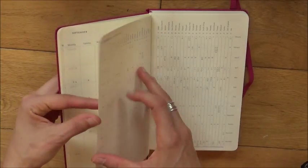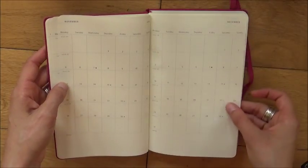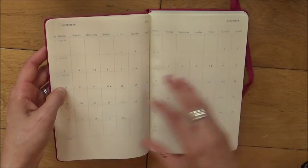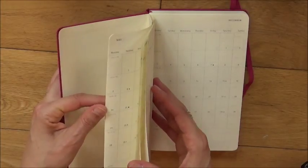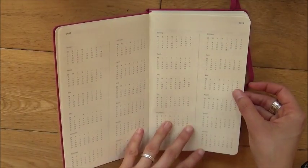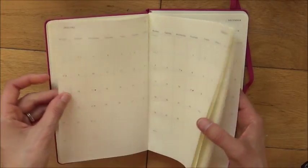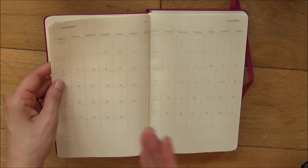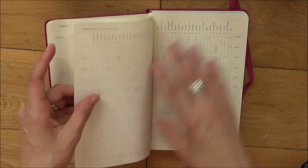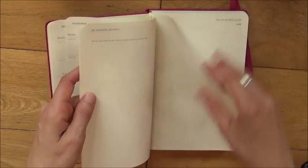and then you come to some information pages. So it goes until December 2018. So I would say one of the biggest issues that I have with this is that although you've got this forward planning calendar for 2019, the actual monthly spread just stops at December 2018, so you can't use it for forward planning beyond that. And then there aren't any more,